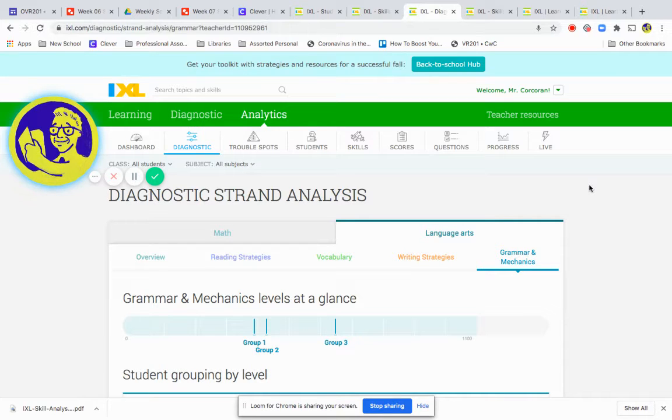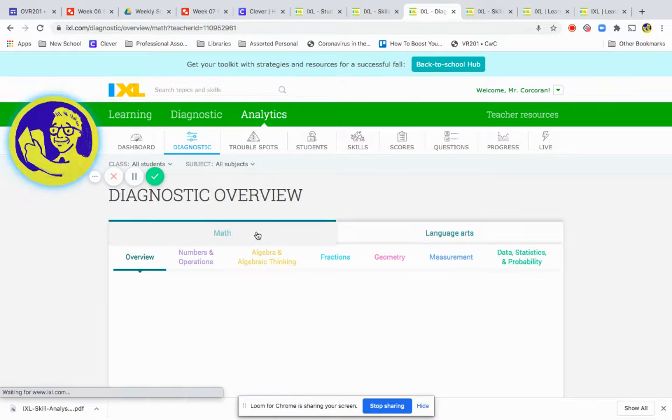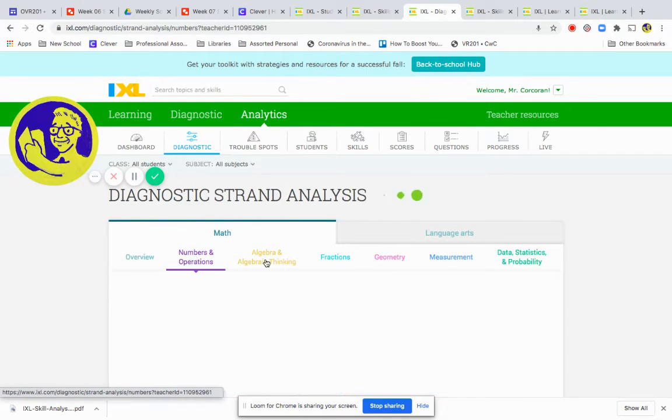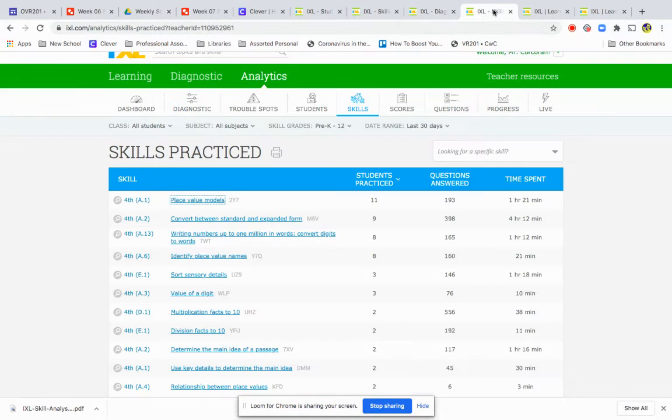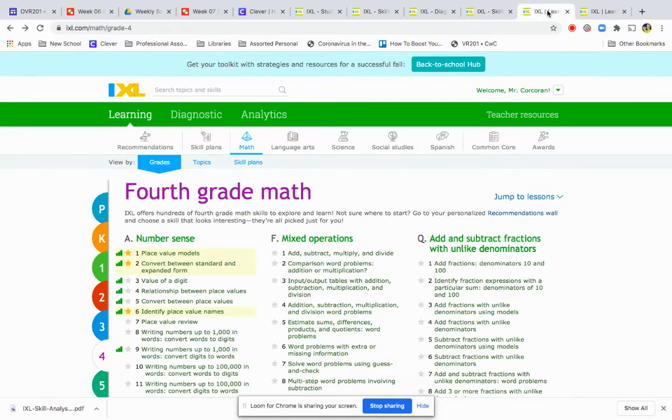Okay, so this is all diagnostic strands for language arts. There's a corresponding one for math. And here we go for number operations, same thing. This is our current focus. For groups, again, I'll combine, it looks like group 2 are those 2 stripes in the middle there. So again, to emphasize the importance of the diagnostic test, once students have done that, I can get really deep